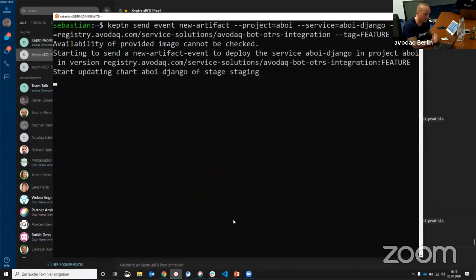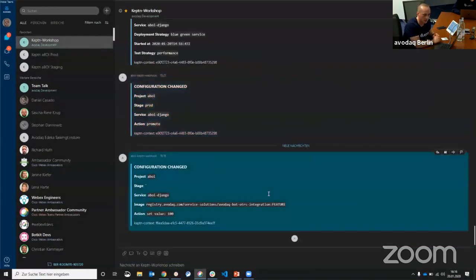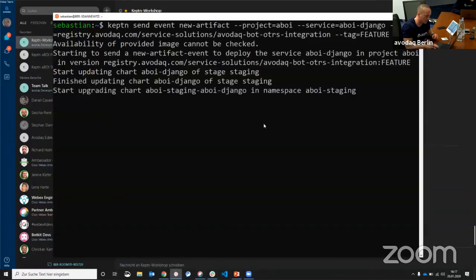So as you can see, maybe in the background, we connected Keptn as well with our WebEx Teams platform. And now you can see a configuration change was detected. We will see if the command is finished, and then we will quickly check if the command is now working in the staging environment, and we will check again in the live environment if the command is still not available, and then I will hand over to Andreas.